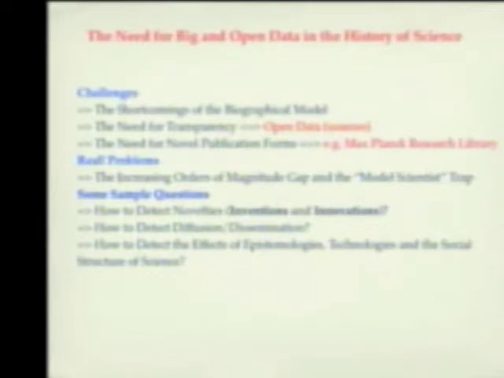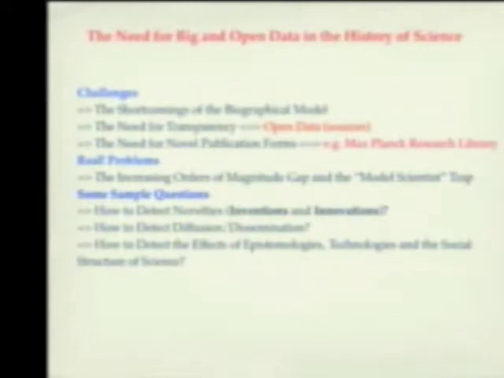Some of the things that Phil will be talking about is in principle true for the life sciences, but not quite true in practice. Now there are further problems, and that now moves us to the motivation for why we actually need computational history, and that's what I would call the increasing orders of magnitude gap and the model scientist trap. Increasingly, we need to be able to understand what science is all about, also for our funders and for society. And historians of science or scholars in the science studies community do an extremely lousy job at that because they don't take science at large into account.